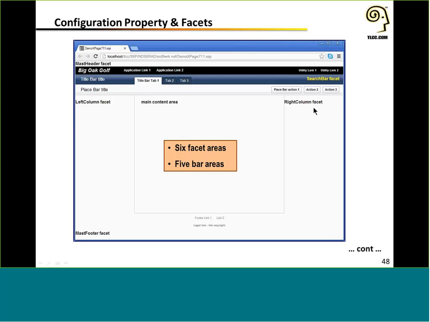The right column facet. There's also a header facet and a footer facet and a search bar facet as well. And then there are different bar areas for things like banners and application links, utility links for logging in, title bar, where you would have perhaps tabs to switch to different applications and so on.